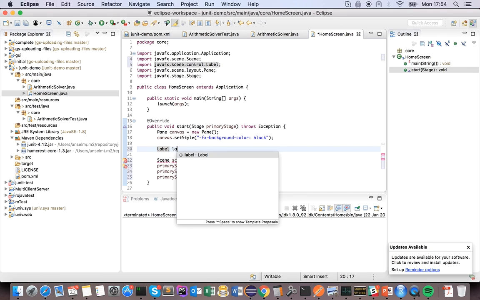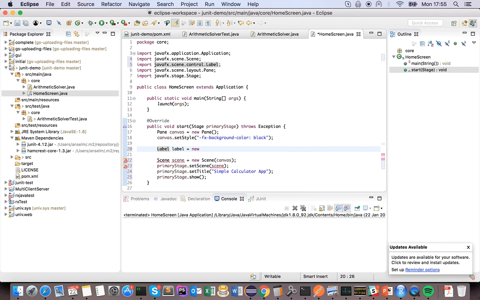So we add a new Label, and for this label, let's add, okay, Simple Calculator using JavaFX. And then for the label,